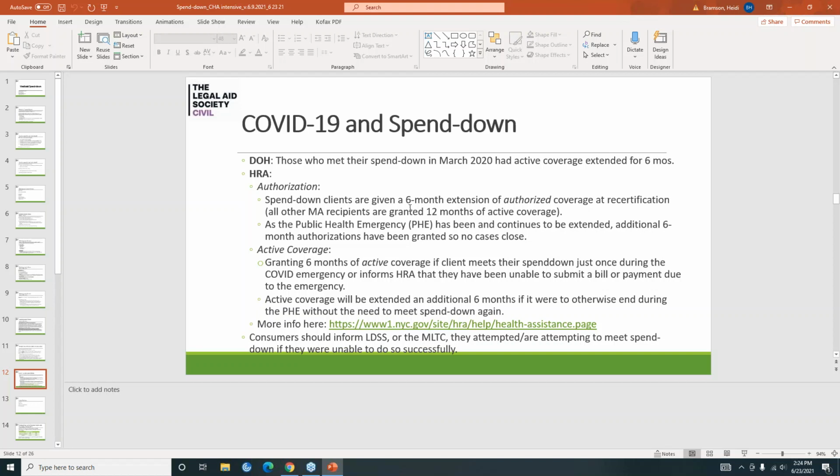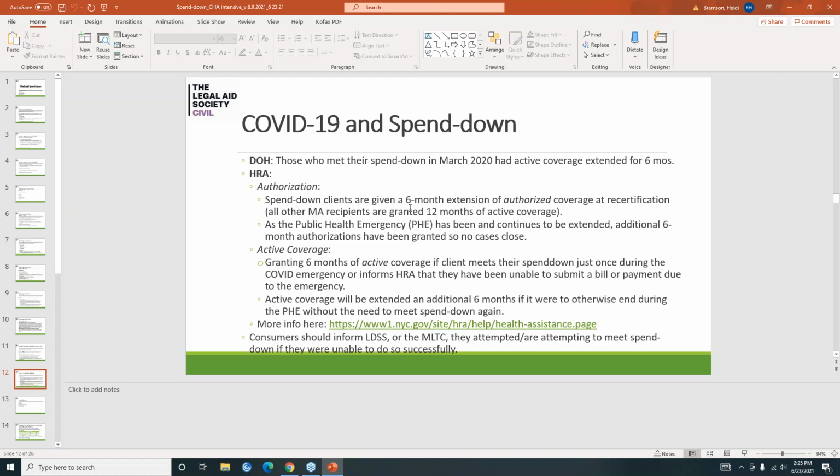So there is one question that came in. Someone asked, if someone has reduced income from spend down to no cost Medicaid, do they still report the change to HRA instead of MLTC? So they're a MLTC consumer. I would say they should report it to HRA.